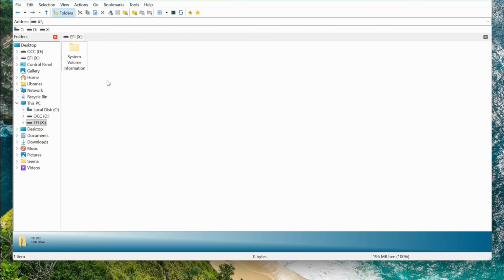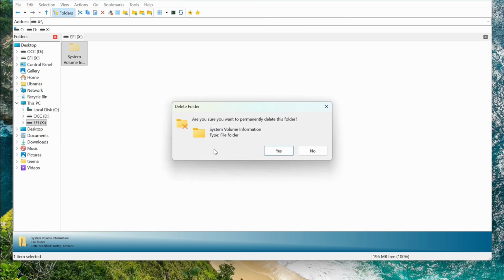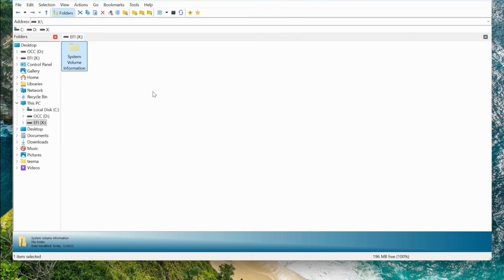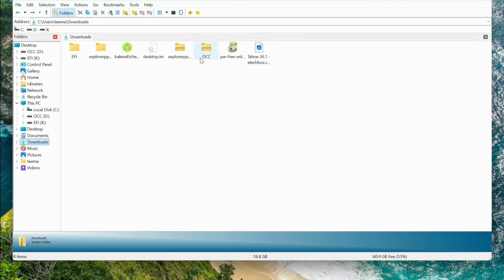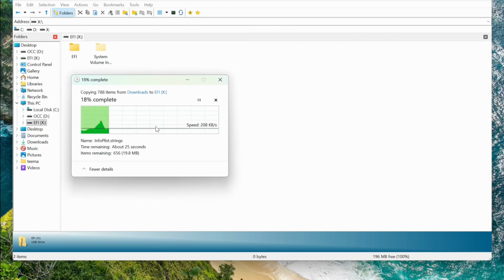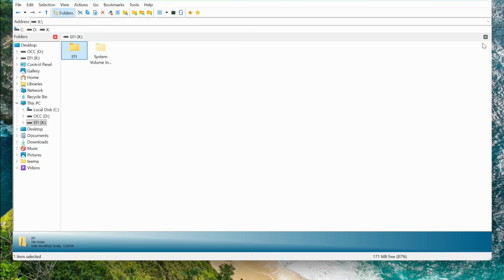So let's open that EFI partition and delete whatever we have there, if there is anything there, but it's currently empty, so we can just continue. So now locate your download folder and copy the EFI we've been working on. Copy, locate the EFI partition which we recently assigned a letter to, and then paste it there. Now we can close Explorer++,